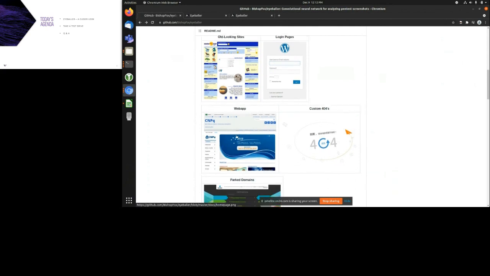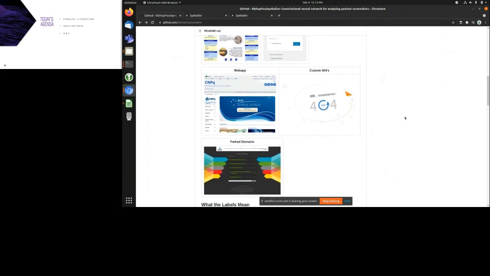The next two labels are things that we probably don't care about and would like to remove from scope. The first is custom 404s. This came up when we frequently need to test whether a particular page exists on a server. One way of testing for particular CVEs, say an exposed admin page: if you want to see if there's a ColdFusion admin page, you try browsing to website.com/admin.cfm. It's a common way of seeing if an admin page exists.